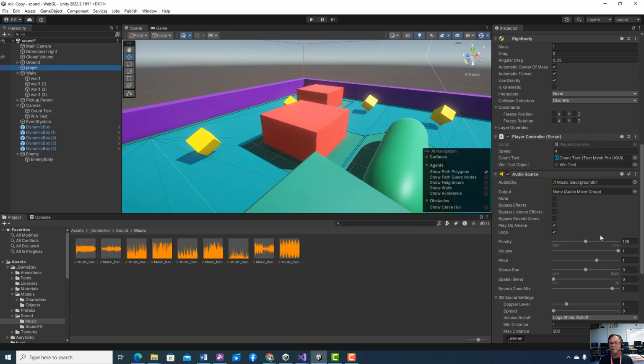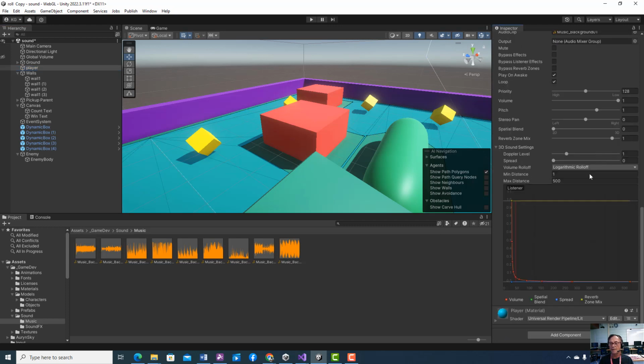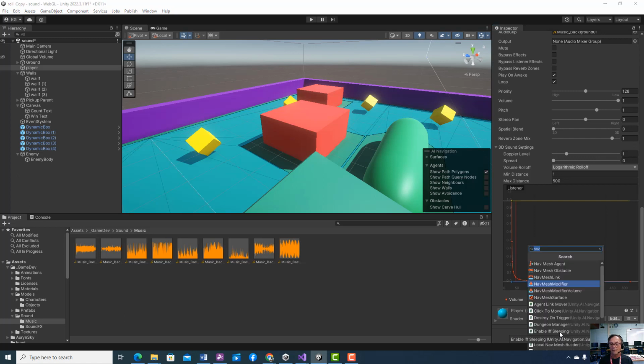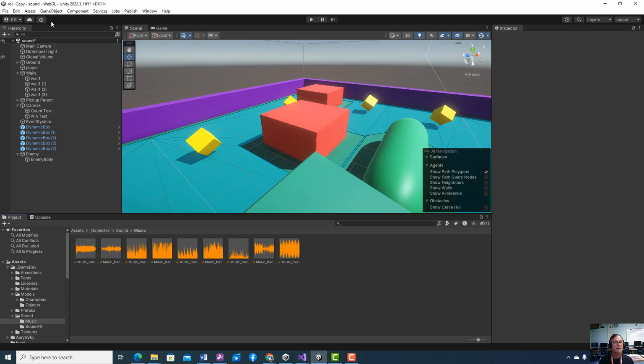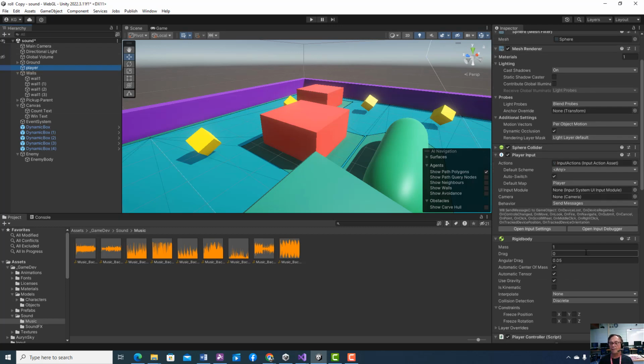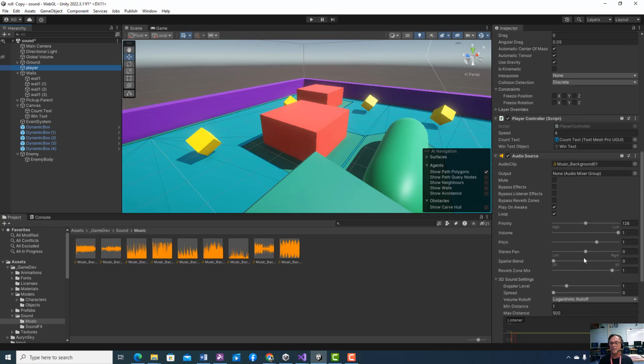But as far as the sound, you're going to go down here and just add Audio Source. So, Audio Source right there. And then you're going to just drag one of your sounds in there. I did music background, and then make sure you play on awake and loop it. But you can fool around with some of this. I'd encourage you to fool around with the volume and everything. And when your game starts,